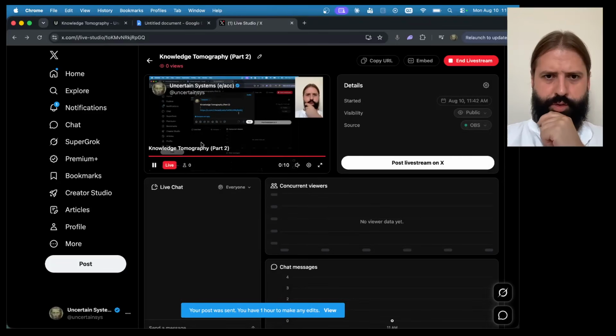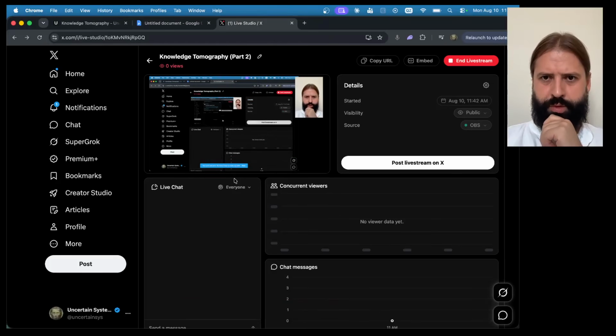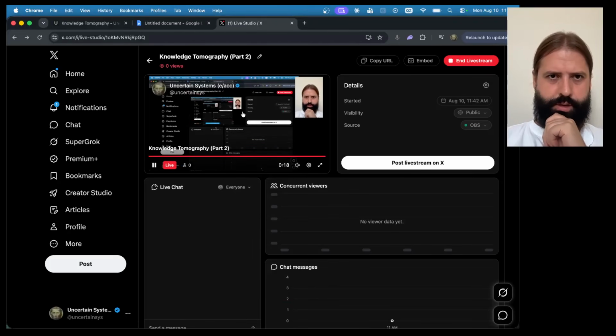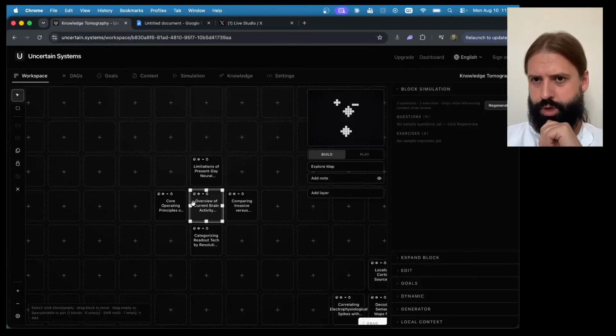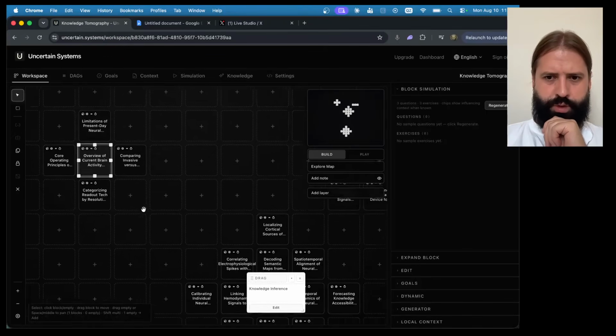Not so sure how the sound is going to come through because I'm streaming from a hotel room, so not the best setup, but it should be enough to continue the knowledge tomography part. And today what I'm doing more is,